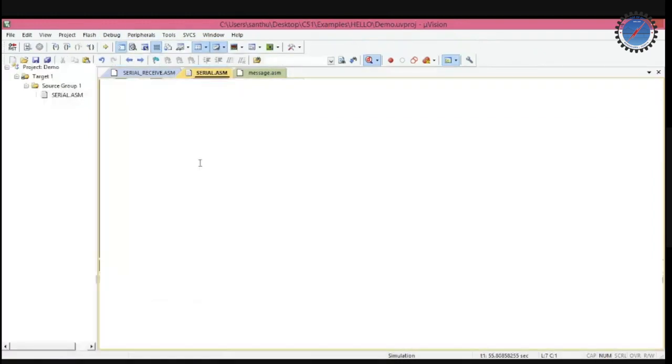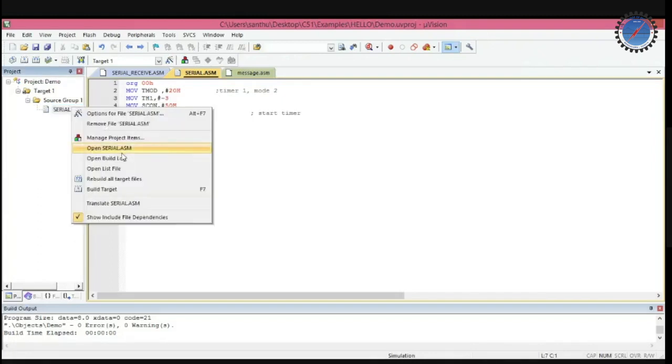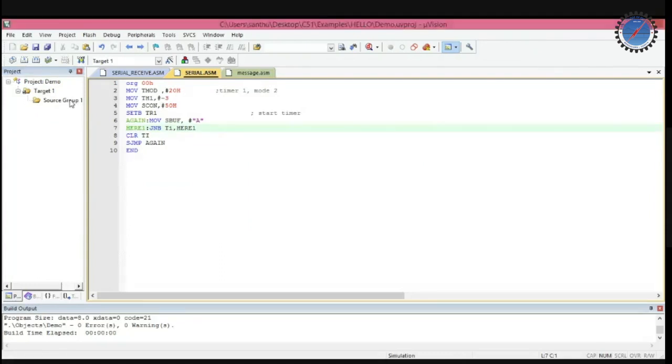One more program is there to display a message. I'll add that file.